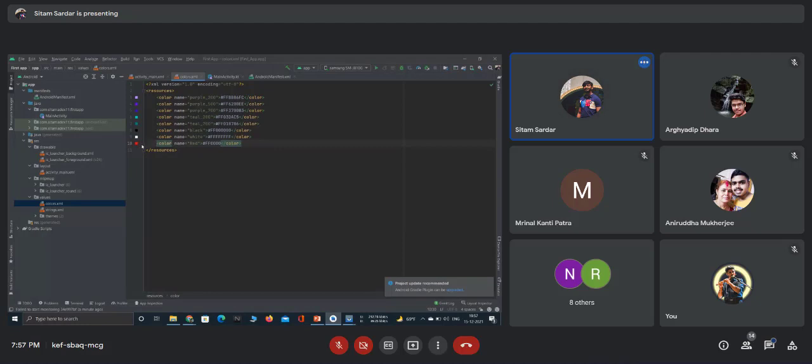Is it visible? Yes. Okay. So if I give all the values here 0, it will be black. And if I change the middle two values to FF, then it will be green. Similarly, if we change the last two values to FF, then it will be blue.